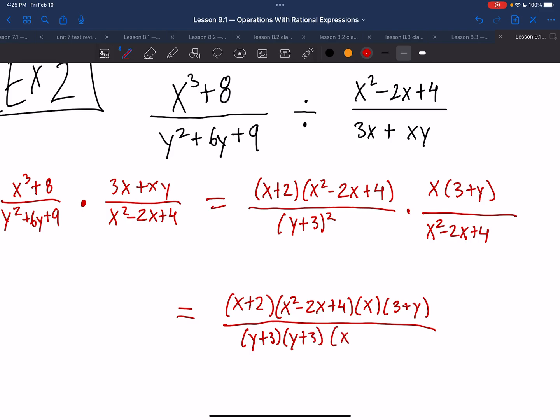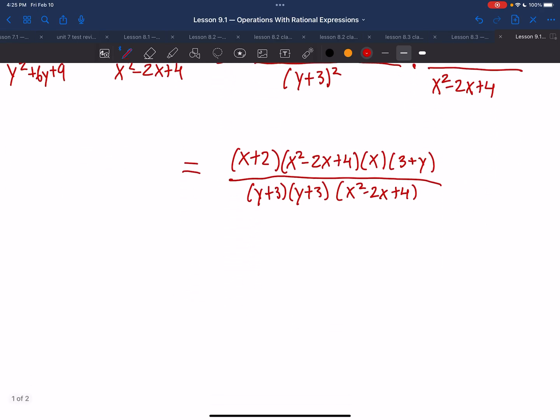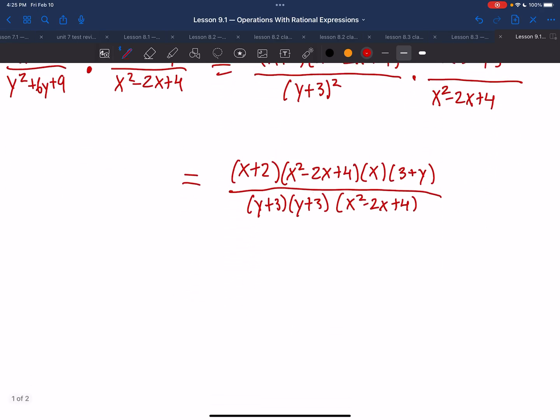And then that last factor, we could not factor. So we keep it like that. And I want to see what cancels. Well, 3 plus y on top, that is y plus 3, which means it's going to cancel with one of the y plus 3s. It's not going to cancel both, right? It's only dividing once. But 3 plus y is the same as y plus 3, so that's going to cancel